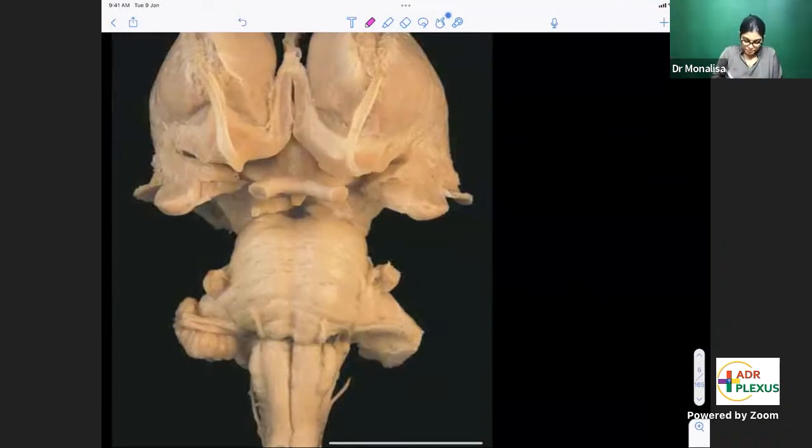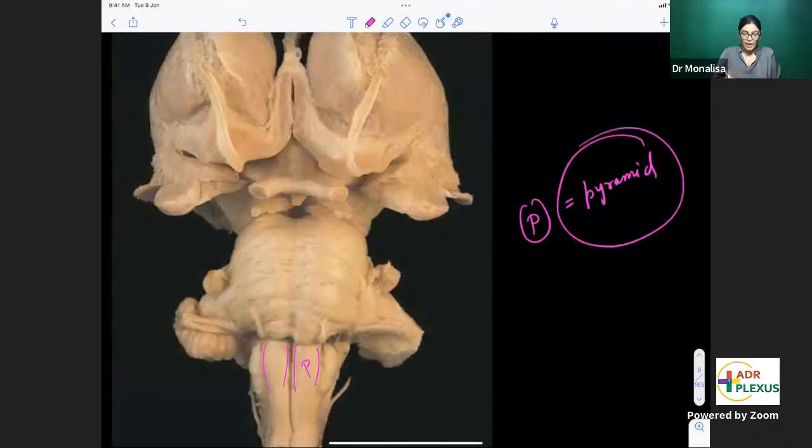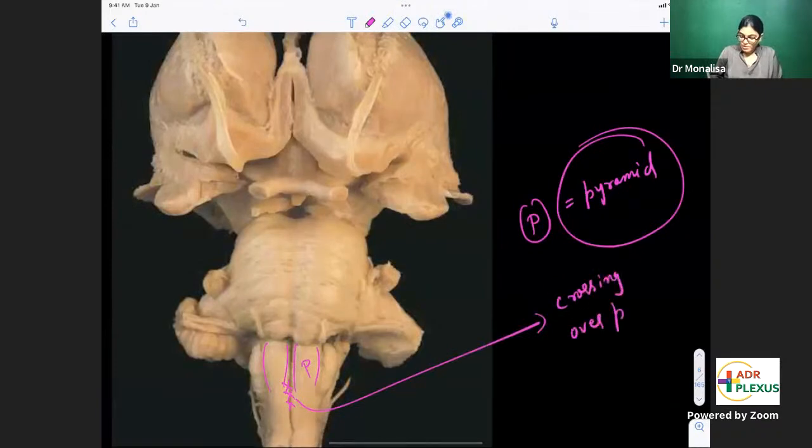So if you can see here, this elevation is P. What does P stand for? P stands for pyramid. Okay, what is this pyramid? It is formed by corticospinal fibers. And here there is crossing over of the fibers, so there is crossing over of pyramidal fibers or pyramidal tract. That means if this is the area involved, the resultant feature which will be seen is the contralateral